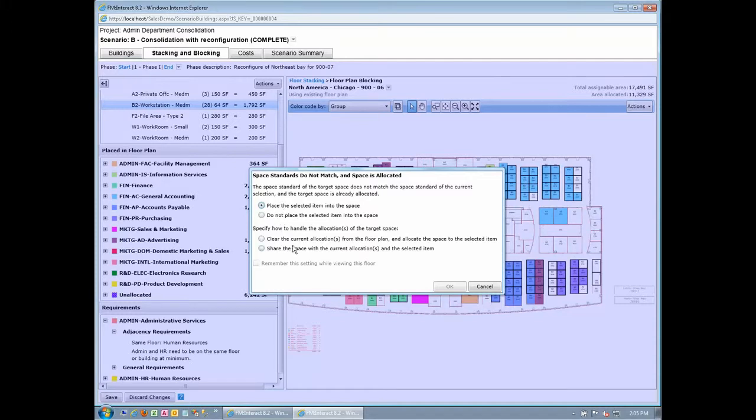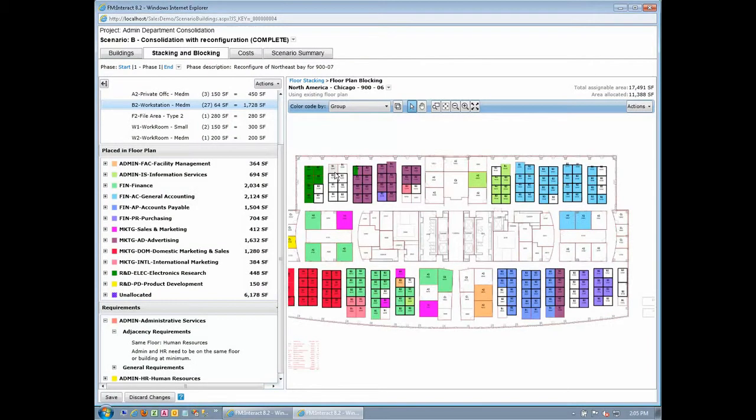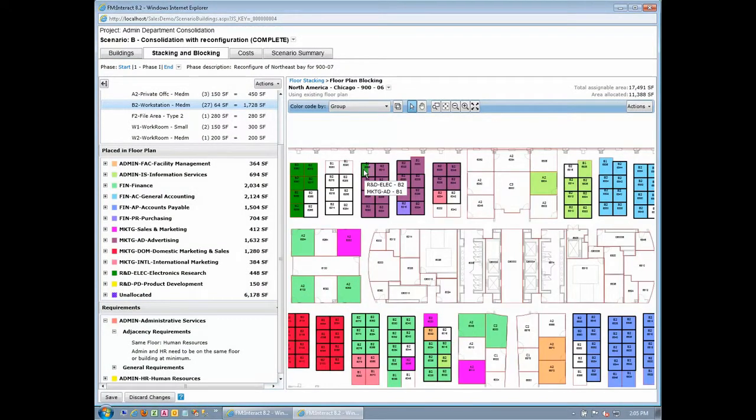Next is, do I want to clear the current allocation, which would effectively move that group now into the unplaced? Or I can share the space, and upon choosing that, I can choose to remember this setting if I'm going to be making a lot of these exceptions within my placements on the floor plan. Click OK, and now we see the groups are shared within that space,